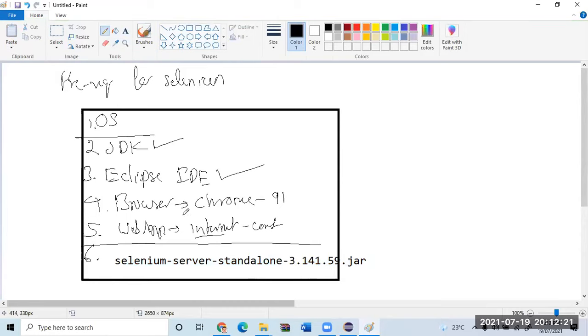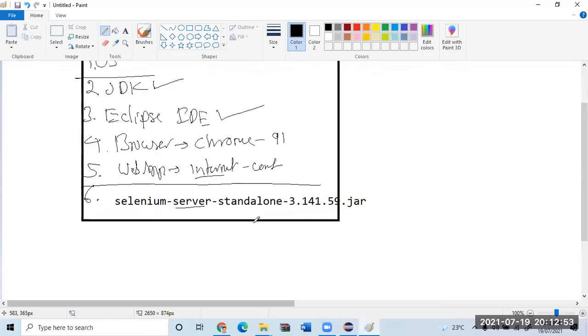Actually speaking, in Selenium there are two parts. One is client, one more is server. Which one am I using? Server. That is enough to start with. I believe all of you have downloaded it. Let me show how to install it. I'll repeat it, and then again I will tell you, you do it. Take your own time. Don't get into the urgency of doing it. If you are facing any issues, I'll help you out. Don't worry. Please be on mute.